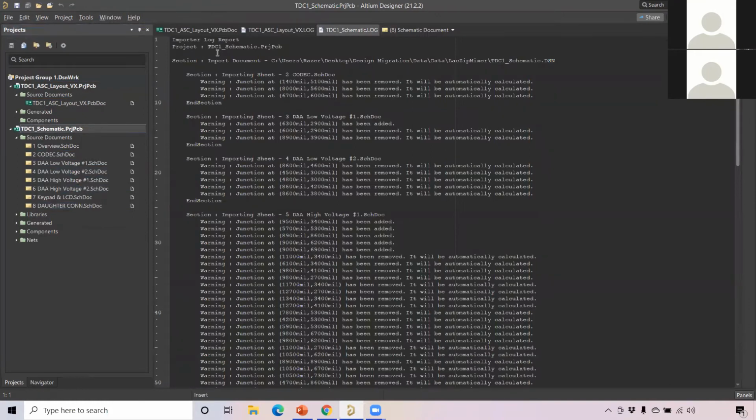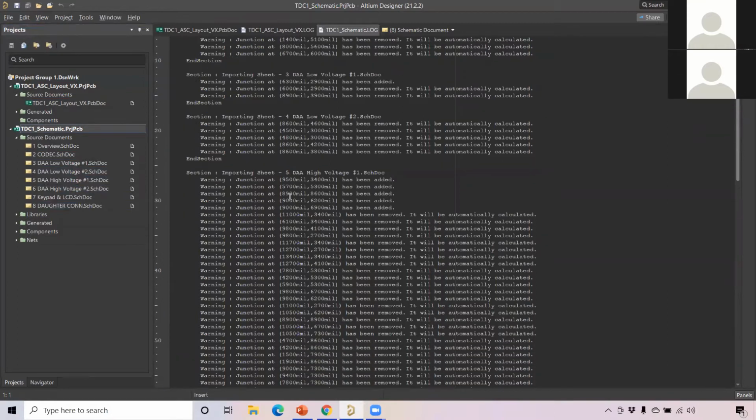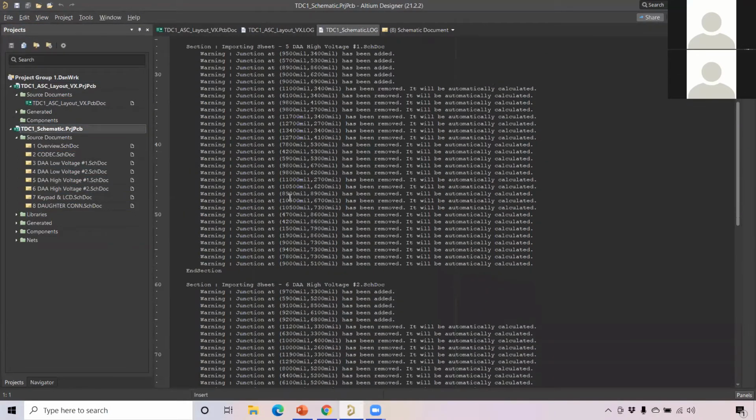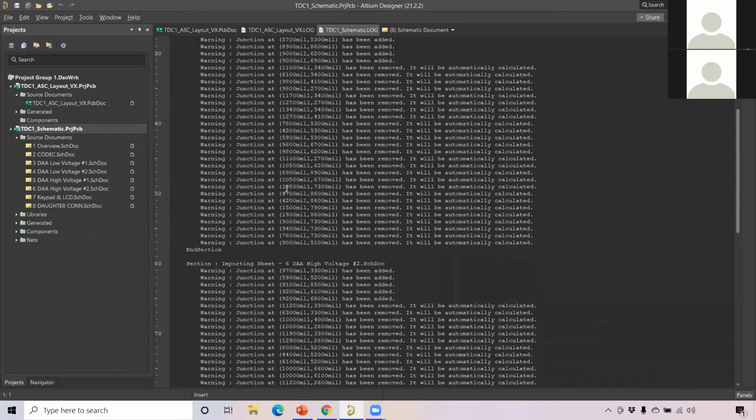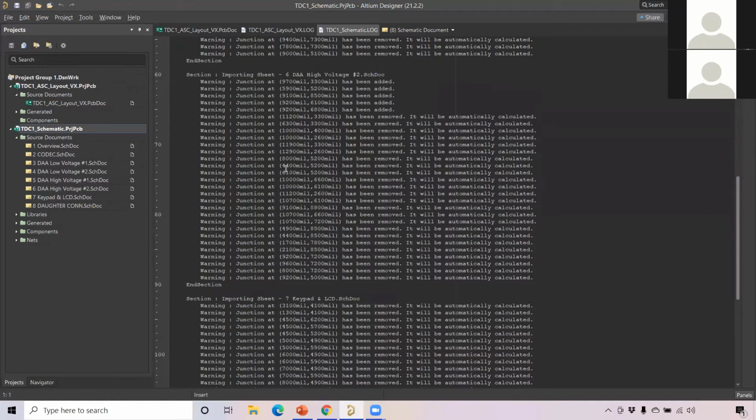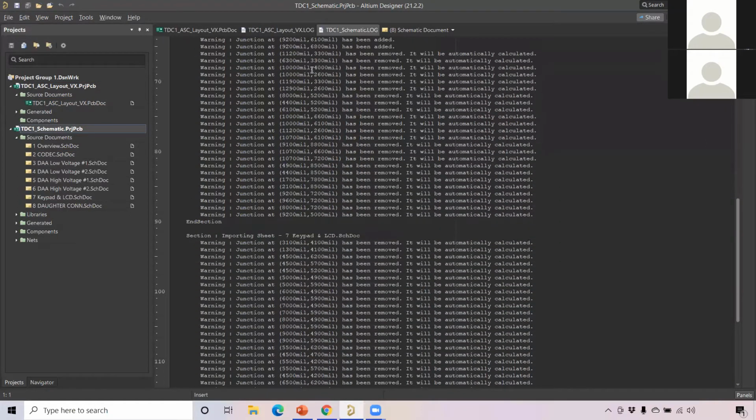In the schematic log sheet, it says the schematic project PCB, and there are some warning messages for each sheet. When importing, it added log errors and log warning messages. I see all the warning messages here. For my case, I just ignore this and I close my log files.